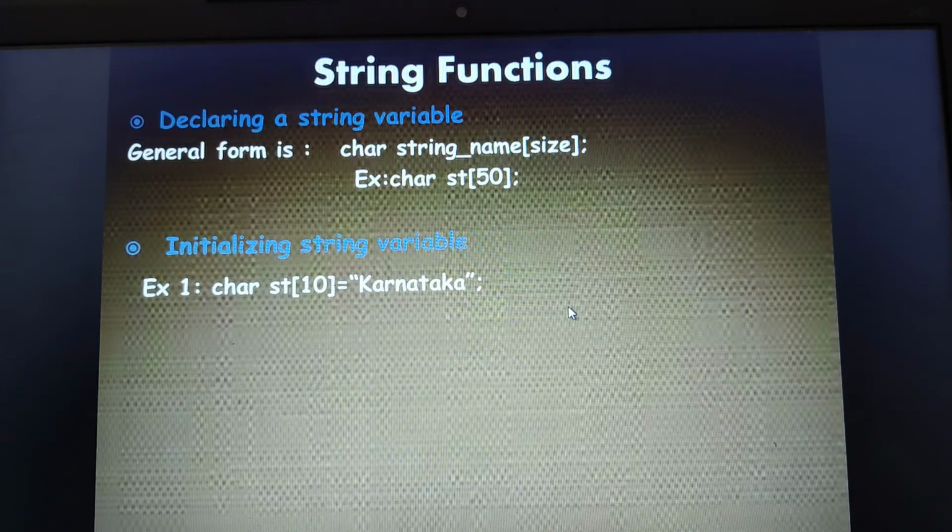Moving on to the next example of initialization. Similarly, here we have another string, Hubli, H-U-B-L-I. How many characters? 5. The size of this string will be 6 bytes, because at the end we have another null character.